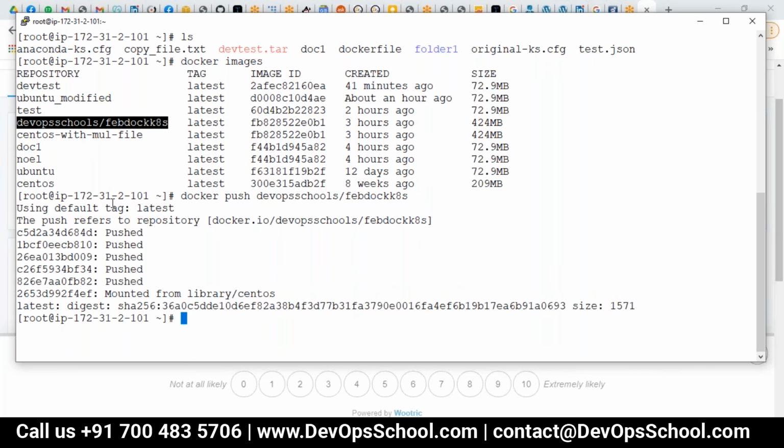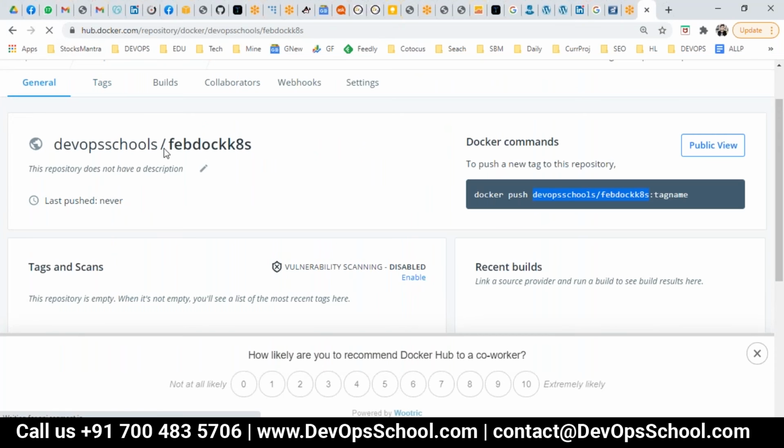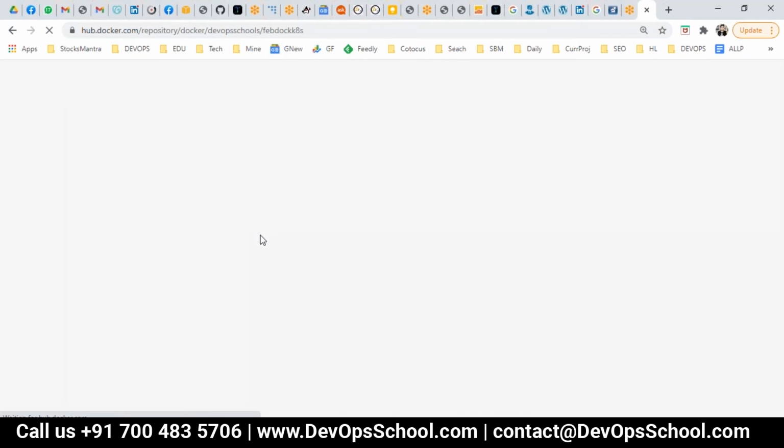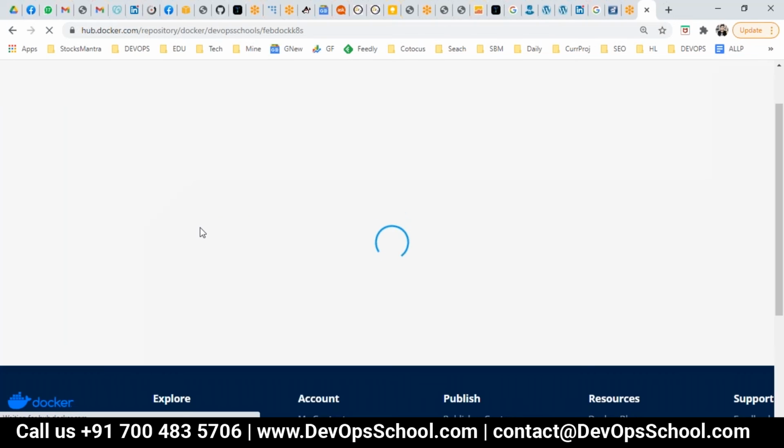Done, guys. So now can I go and check it out? Now anyone in the whole world who wants this image can get it and pull it. So this is the way we should go ahead and check it out. Now, lots of functionalities you have here at hub.docker.com, and most of these are self-explanatory. I don't think you will get stuck anytime, but yeah, you can check it out here.